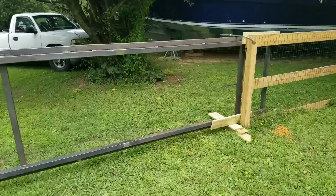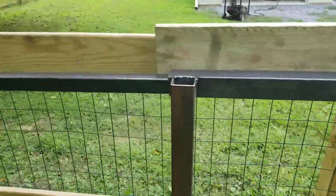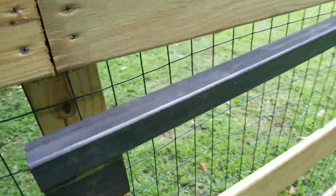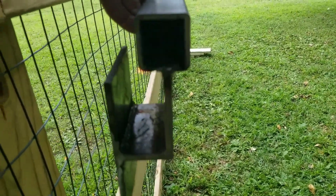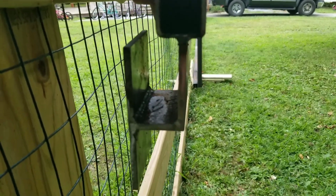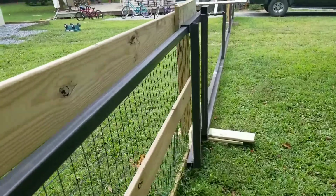Alright, well, I finished welding the brackets on the channel, and I've got some good news to report. The system is working as intended. As you can see, this is what the end profile of the channel looks like. And now I think you can start to see how the channel on the fence slides into the rail. I took a minute to slide it in a little bit,